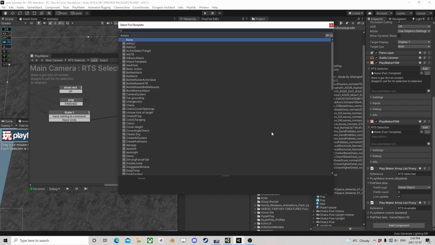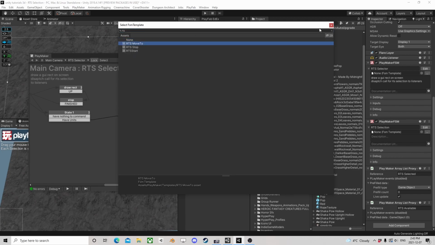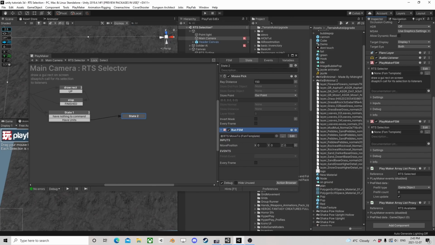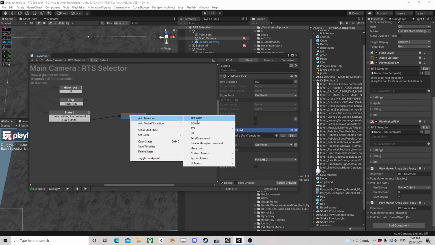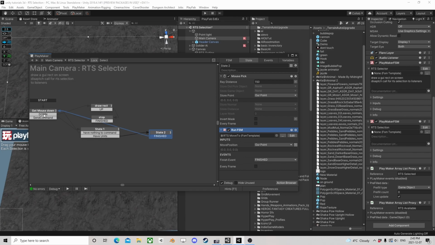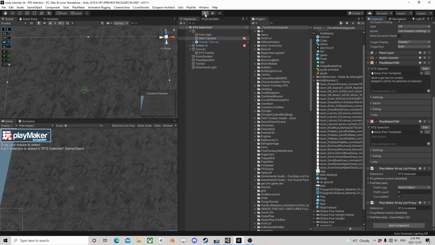So here is RTS move to. The position we want to move to is our point, and on finish we'll use a finished event to come back over here. So now we have,